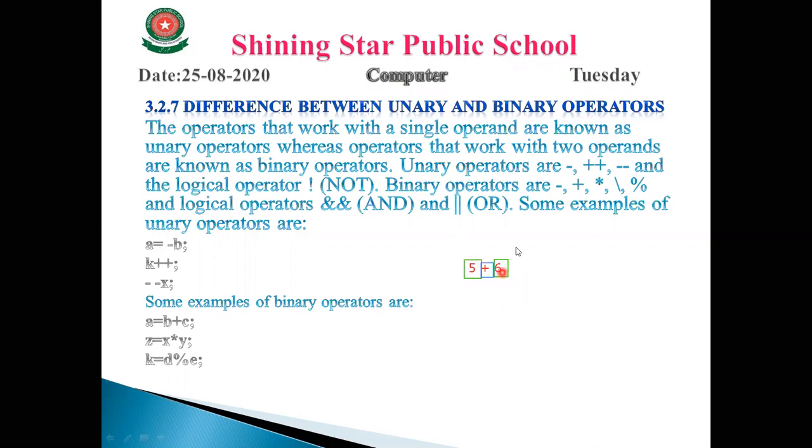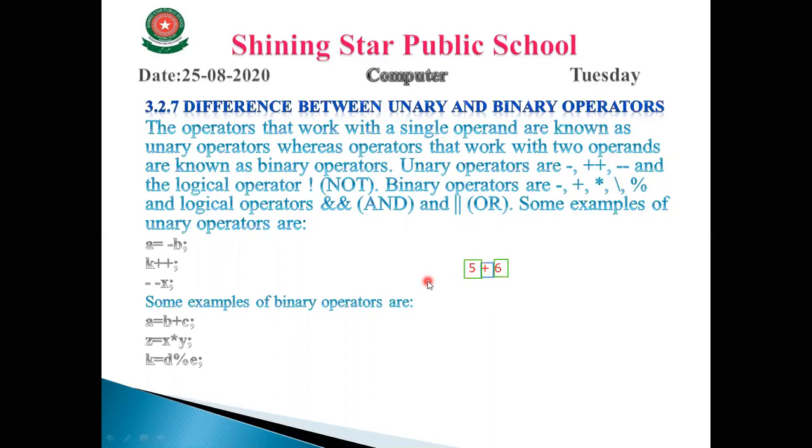So what is the binary operator? The binary operators are those operators which we apply on two operands, as we apply the plus on 5 and 6, and 5 minus 6. Again, we have two operands. If we say we have x square plus 5x plus 6 divided by x plus 2 divided by x plus 3, again we have two operands. So whenever you have two operands and one operator, that is called a binary operator. Now, let's take some examples of unary operators.